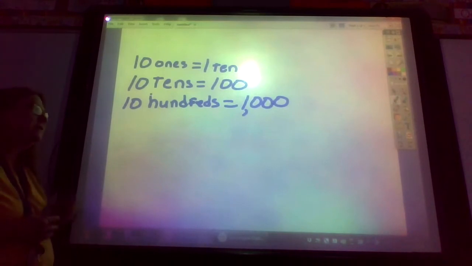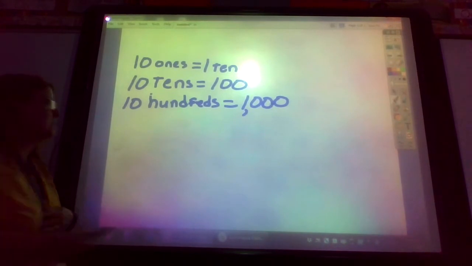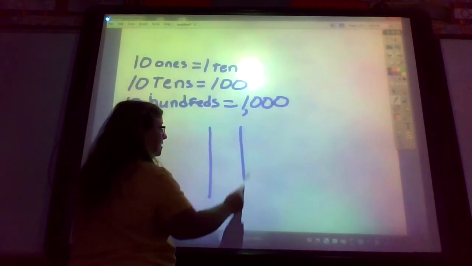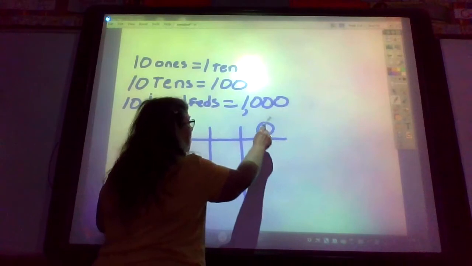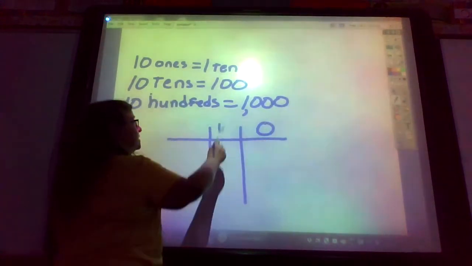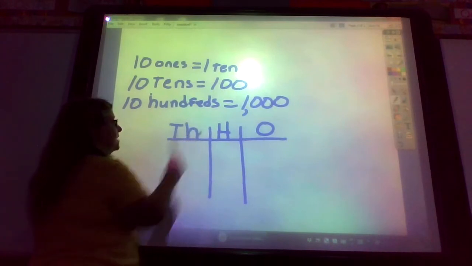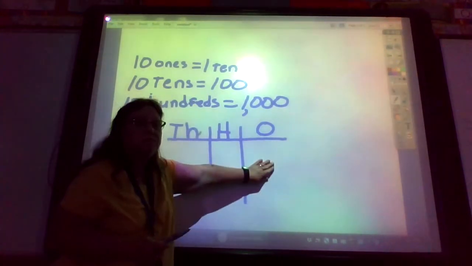So one of the big things we're going to be doing within the next couple of lessons is working with place value. So we're going to be seeing a chart that looks like this. This would be my ones, this would be my hundreds, and this would be my thousands. The numbers get bigger. Ones,